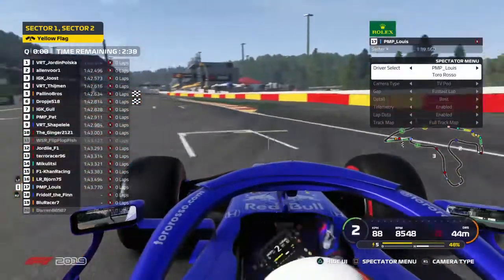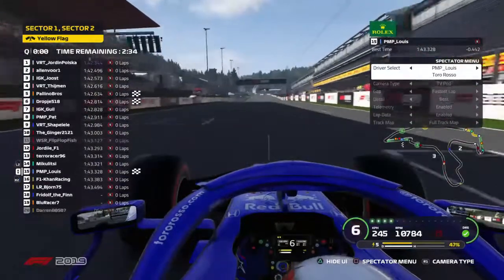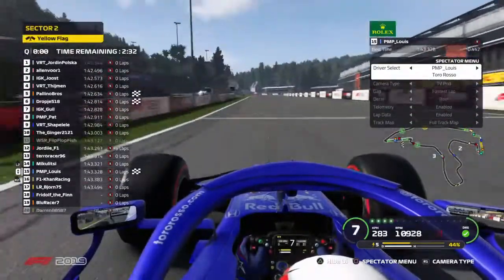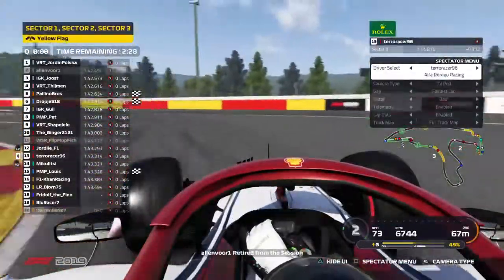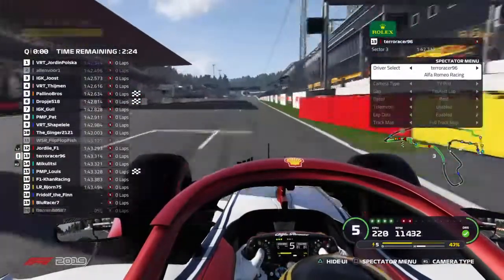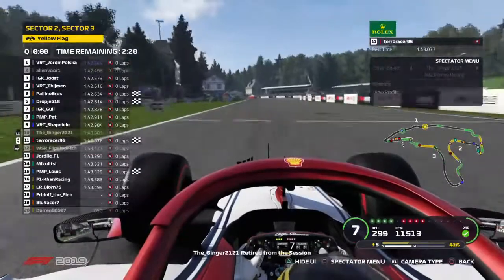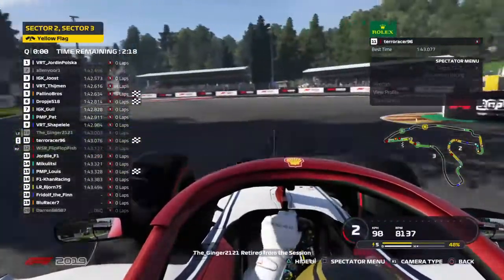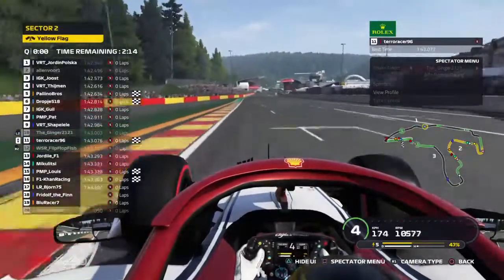He comes through the bus stop chicane, the final 2 corners. Where's he going to put that Toro? So only 15th place. Not tantalising enough from him, not quick enough at all. 3 tenths up on his time is Terror Racer. This could see him shoot up maybe into the top 10. He's going to go 11th place, so he's behind his teammate, who's going to retire on track at Puon. So that is 10th and 11th provisionally for the